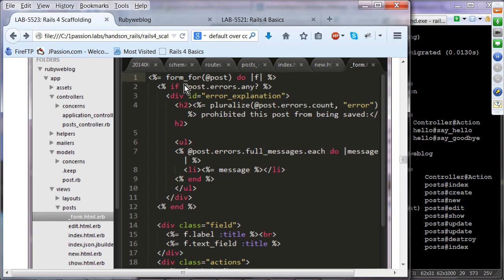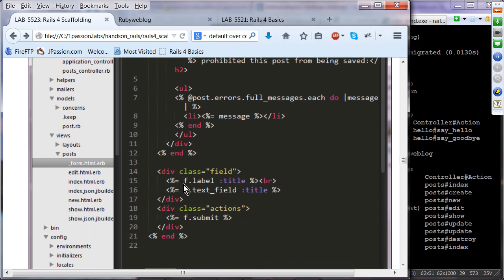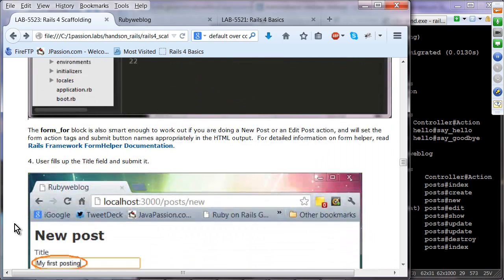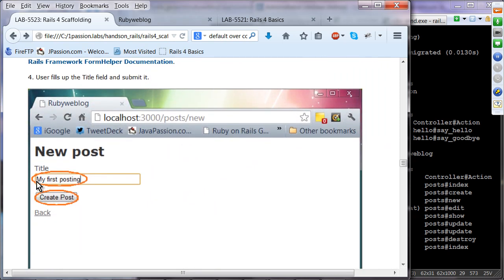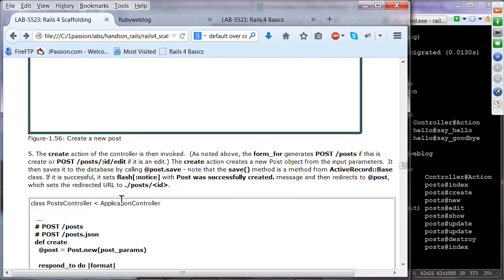And here, if there are any errors, then it will display the errors. Since we don't have any errors, we're not going to see any of this. Instead, we are just going to see this form field, which has just one single text field called the title, and then submit. Okay. All right. So when the user has entered the title and create post,